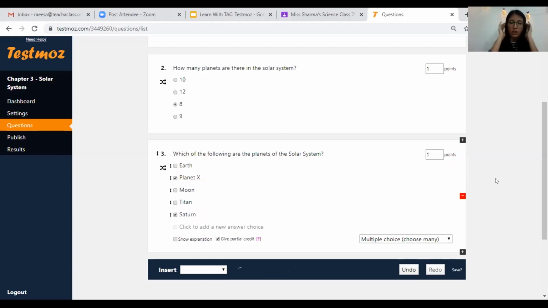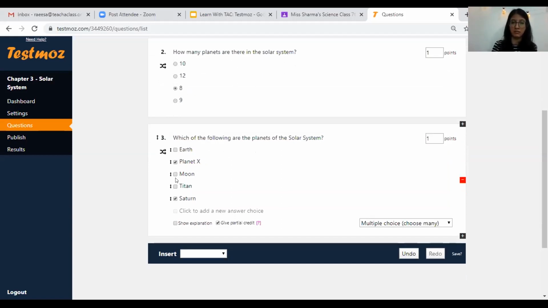Now you see over here, the students will be able to select multiple options. In the first question type, the students can select any one answer. Over here, they can select many answers. Now, like I told you, the correct answers must be checked so that TestMoz knows what the correct answer is and it will grade it accordingly.